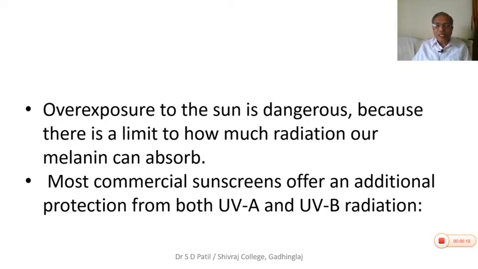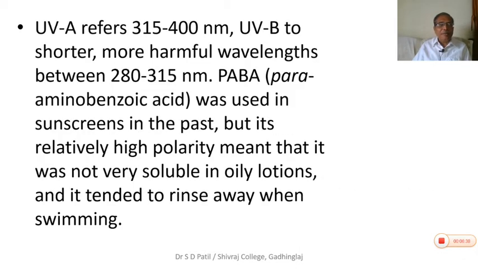Most commercial sunscreens offer additional protection from both UVA and UVB radiations. So these are the two portions in the ultraviolet region. These protect us from the excessive exposure of UV radiations to our skin. UVA refers to 315 to 400 nm and UVB refers to shorter, more harmful wavelengths between 280 to